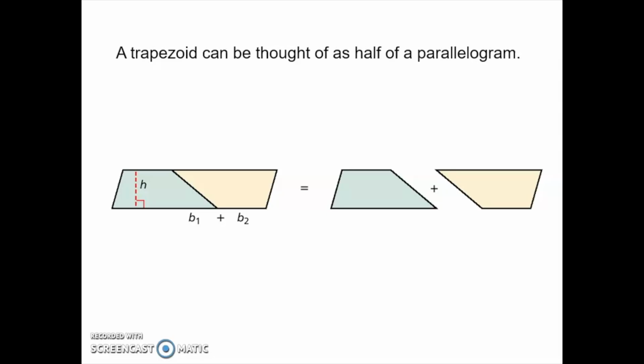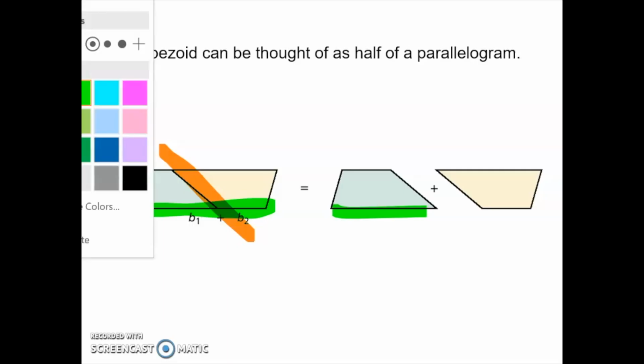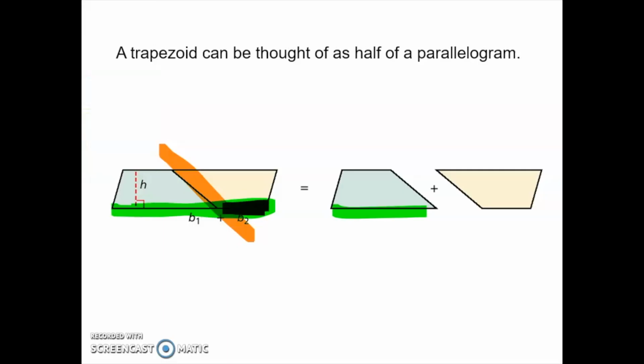So there's a little trick to this though, because if you'll notice when I'm thinking about my original parallelogram, the base would be this entire length. However, when I cut it in half, right, I cut it in half along here, what ends up happening is my base, I've got this part here, but notice that that second section, this little piece over here, is not in my shape, it's actually over here. But what's really cool is that this side matches with that, and this side matches with the bottom. So what we can see happen is that that entire base just got split between the top and the bottom